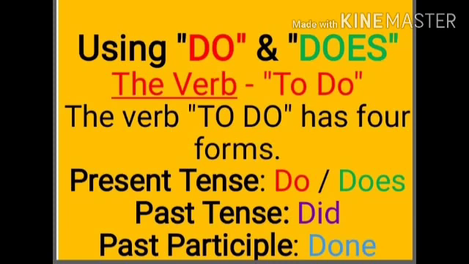Do is one of the three auxiliary verbs in English. Do is a verb which means to do. Like every verb, do has four forms, that is present, do, past, did, past participle, done. The first three forms are common. The last form is mainly called the progressive form or ing form. Now coming to the point, do and does are present forms of the verb do. Did is used in the case of past tense.